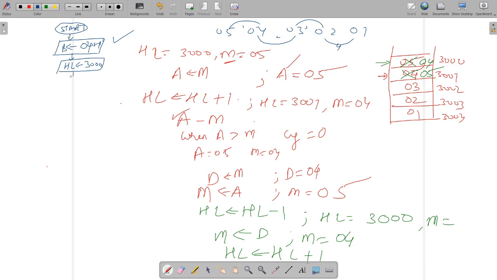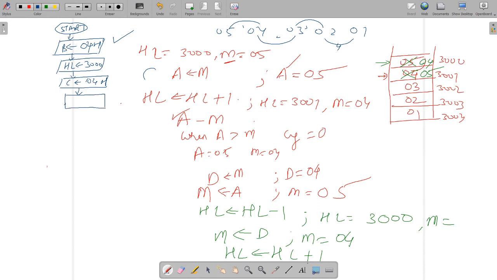So again you will have to initialize the number of comparisons. So again the formula will be numbers minus 1. That is 1, 2, 3, 4, 5. So 5 minus 1, that is 04 hex. So after doing this initialization, now you have to write this entire logic in your flow chart. So what will be this?